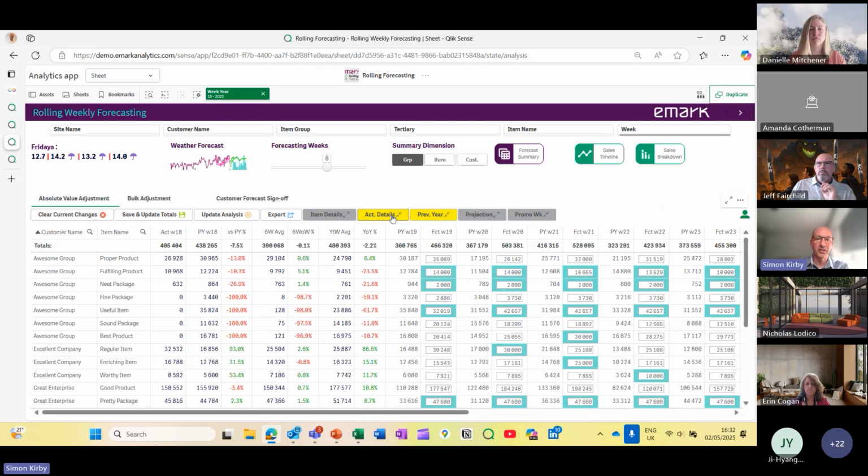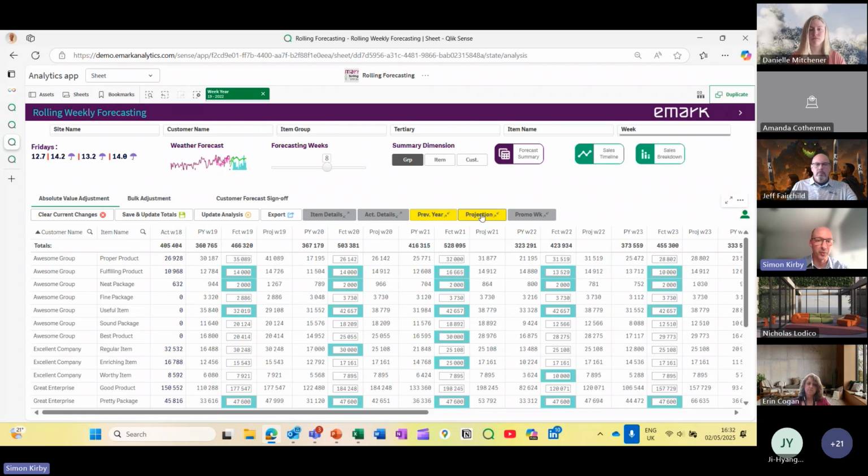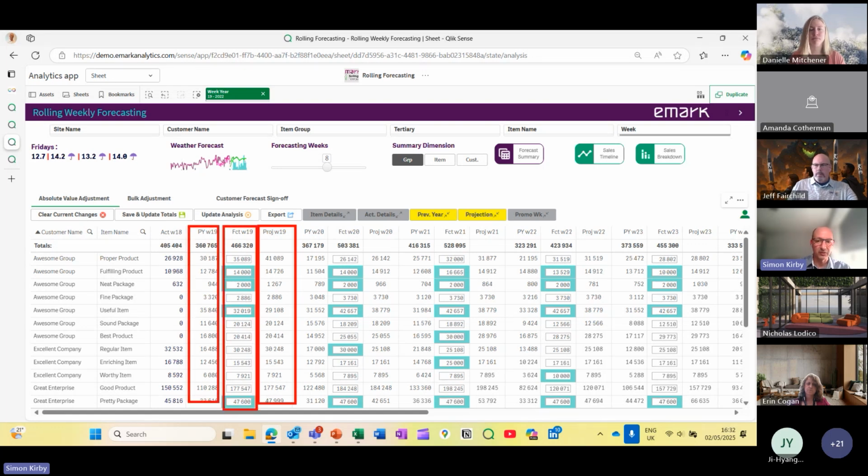Let's have a bit more information about the account. What's the 6-week average, the 6-week-on-week percentage, and so on. That gives the account managers even more information. Okay, let's hide that. We need a projection. What does our model predict the company is going to buy of this product? So they ran all of this through a Python model, and these now give us the actual projection numbers alongside our prior year numbers, alongside the forecasted numbers, okay?